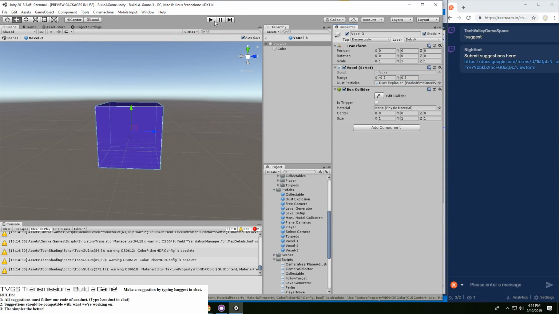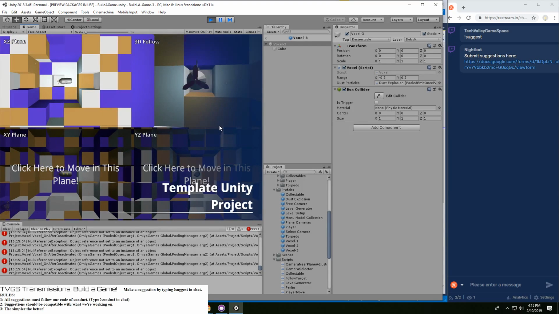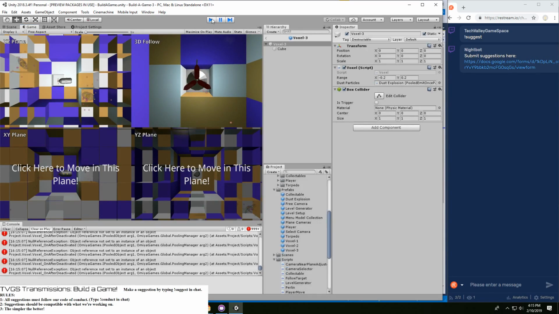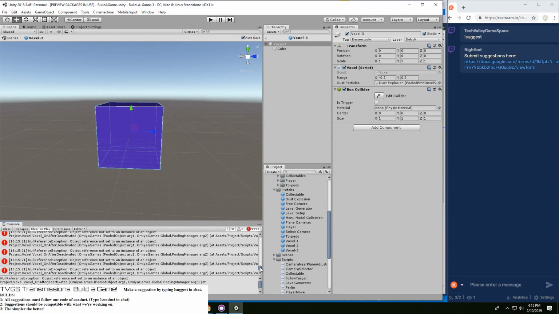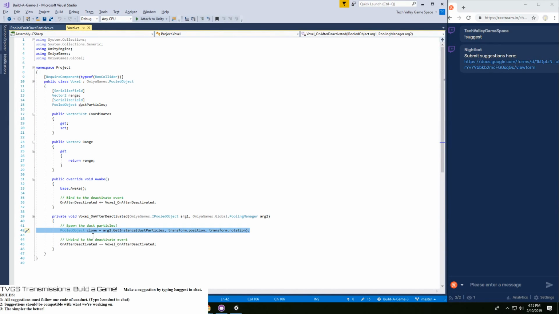And then if we play, oh no, object not set to an instance. This may be a bug with my own project.